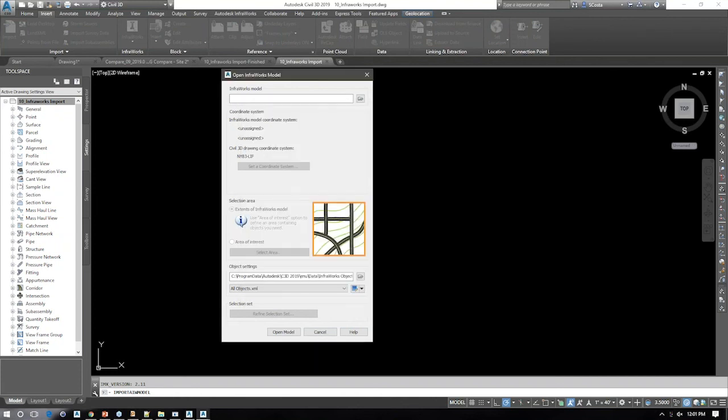And you'll see that that information comes in. I'm going to import the entire model. It could have selected a certain range, an area of interest, as it were, but instead I'm going to bring in the entire model. And the new feature is, as soon as this imports,